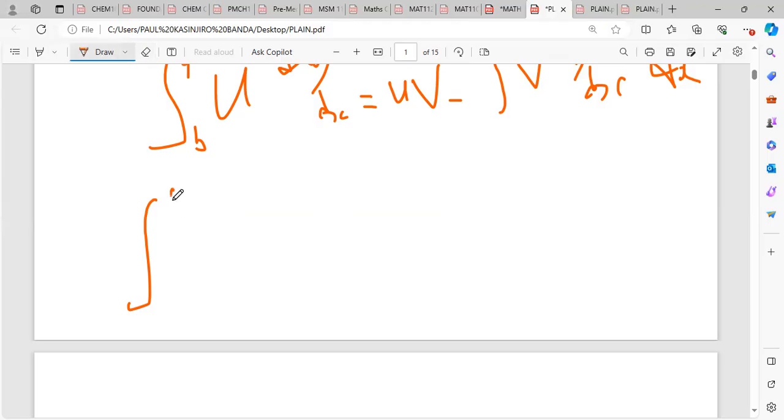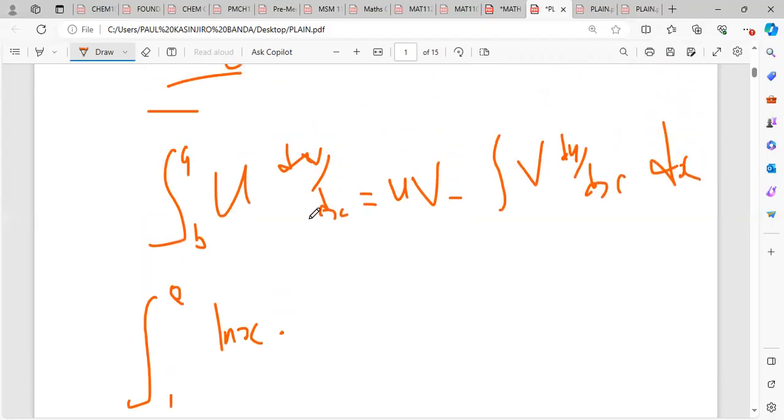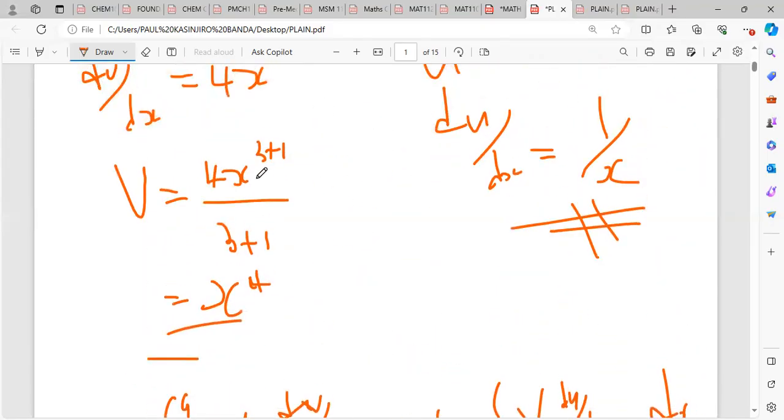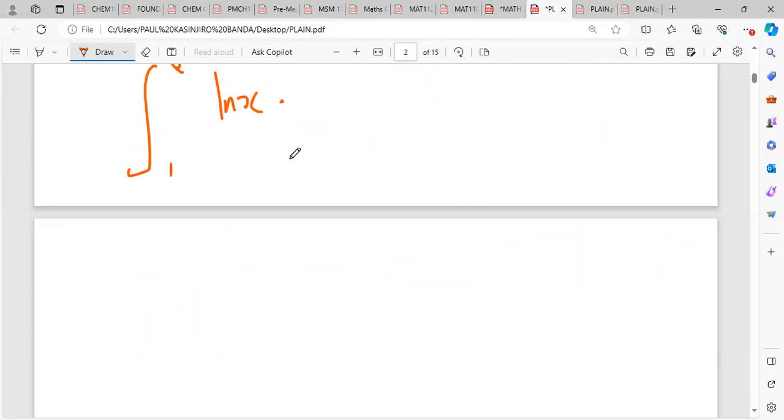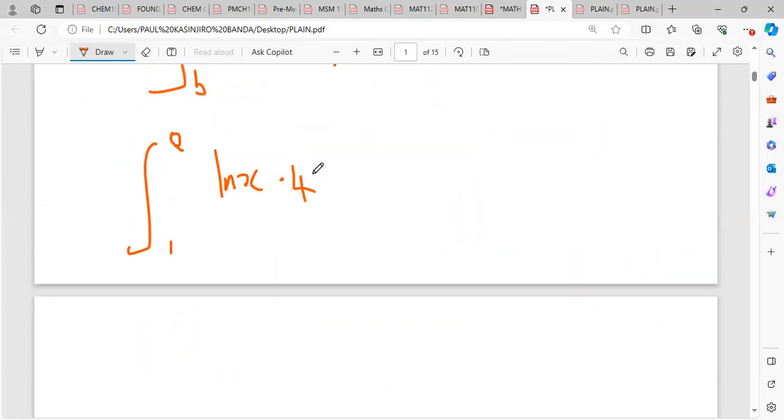Okay, so we have my e there, I have my 1. Okay, what is my u? My u is ln x, guys. Okay, ln x, then I'm multiplying it by my dv dx. Okay, what is my dv dx? My dv dx is 4x to the power 3. Okay, so I would say 4x to the power 3. Okay, then this guy with respect to x there should be equal to,